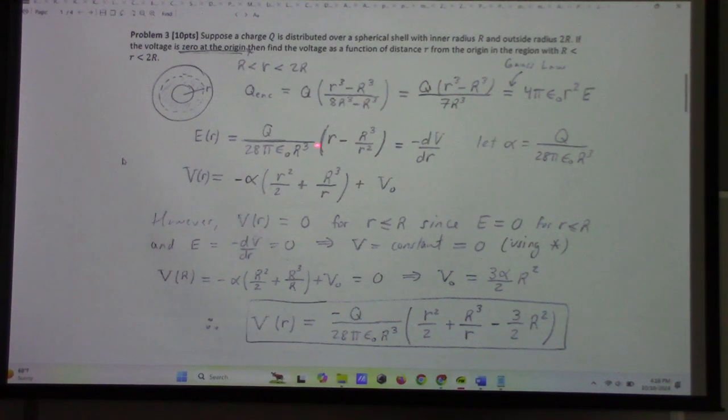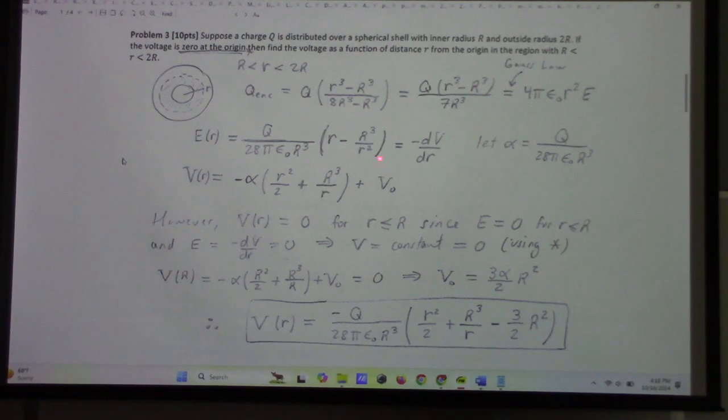And then solving for E, this is the Gauss's law, so the flux divided by epsilon naught is Q enclosed. Q enclosed over epsilon naught is equal to the flux. I multiplied epsilon naught over to the flux just to have an equation here. Anyway, so I solved for E as a function of R here, and that gives me this lovely thing. I decided that I didn't want to keep writing this over and over and over again, so I called it alpha. So I get V